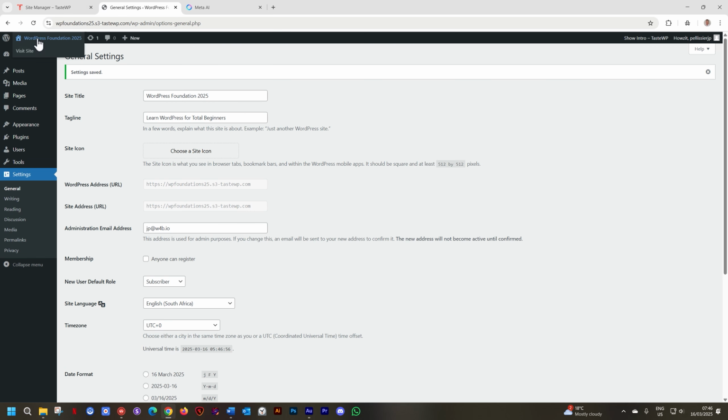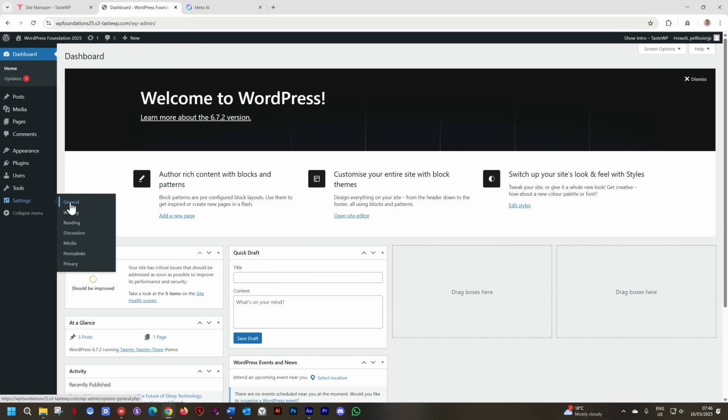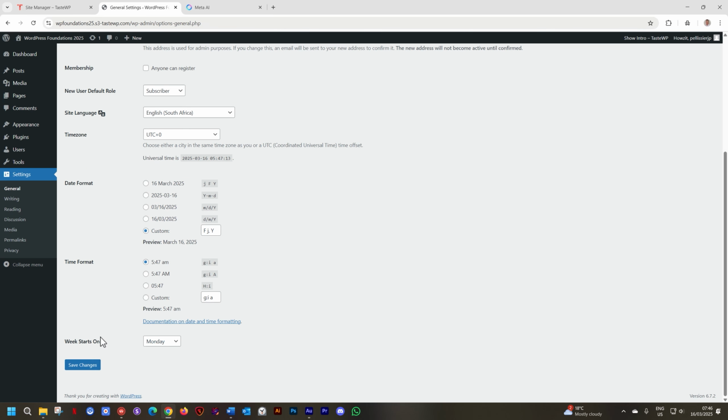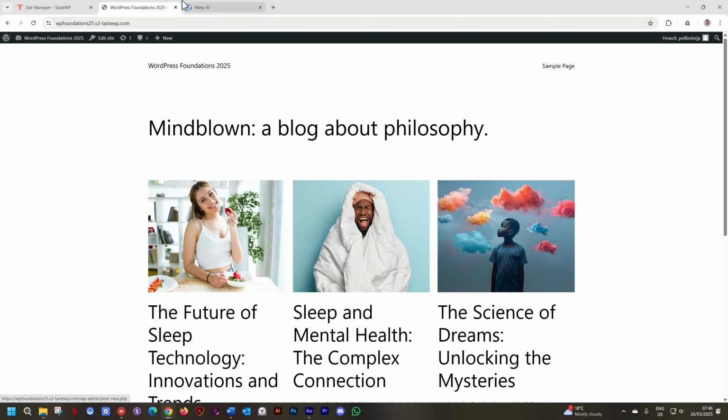Go to the front end, hover over the tab at the top, and you will see it says WordPress Foundation, should be Foundations 2025, Learn WordPress for total beginners. Let me just go change that Foundation to Foundations, General, Foundations. Oops. Save. Go to the front end. There. Now it's nice. Click to the back end.